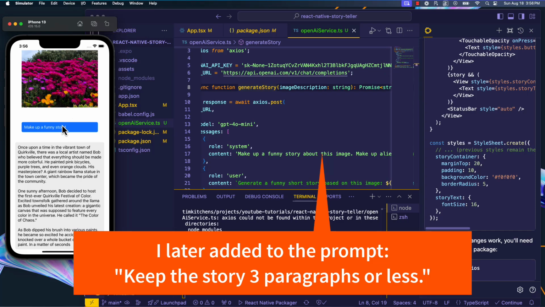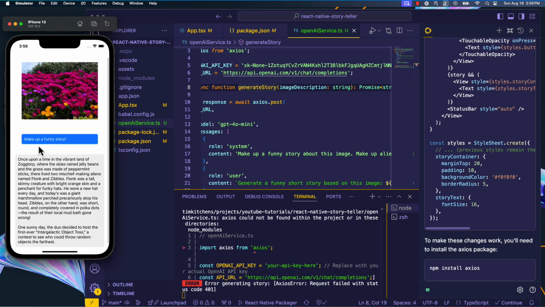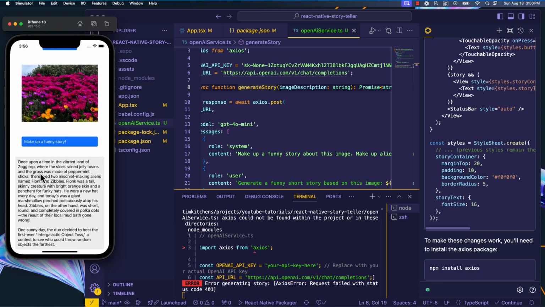Let's go back to the app again. Make up a funny story. Okay, so now it looks like it's using alien things. Once upon a time in the vibrant land of Zoglorp, where the skies rained jelly beans, lived two mischief-making aliens